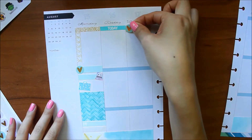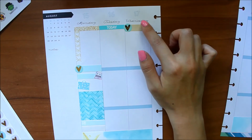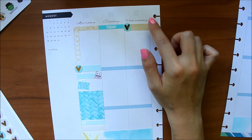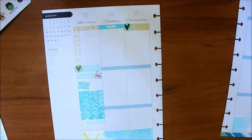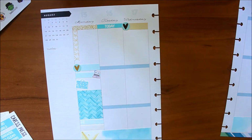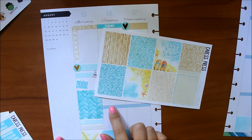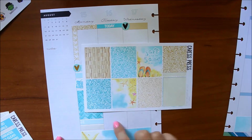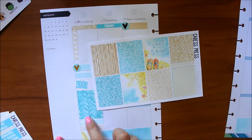So this will be for work on Wednesday. I do work the earlier shift. And then I think what I'm going to do is do another full box up top because that is going to take up a big chunk of the morning. And I think I'm going to save this one for... No, I'm going to save one of these for Tuesday and the other for the other half of the week. So I think it's time to do a...